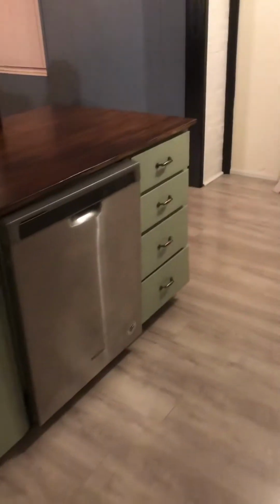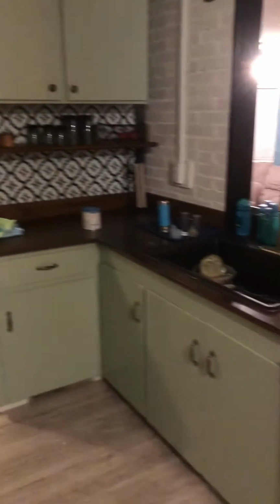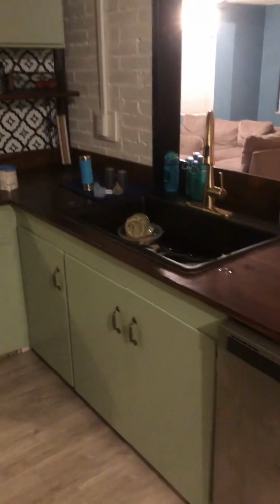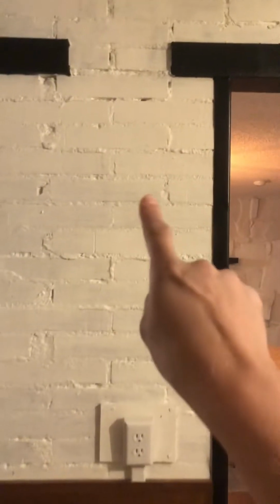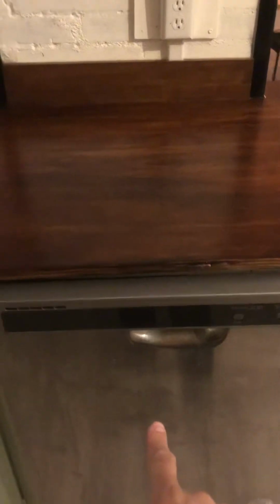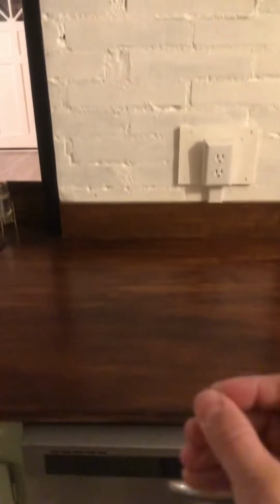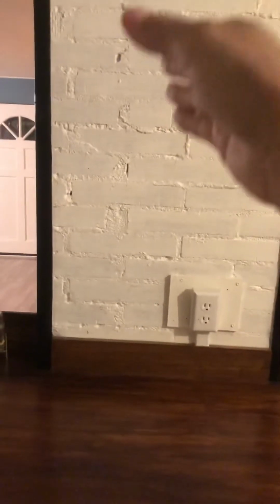The other thing about being efficient is your kitchen. So we remodeled our kitchen, so we've had to change things around quite a bit. But one of the things that we have done is we took out a cabinet that was here, right above where our dishwasher is. So in my mind, it was easy to open the dishwasher and just stack our dishes straight up in our cabinet. The problem we were having is that